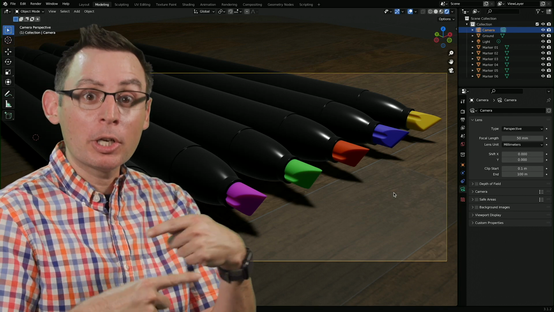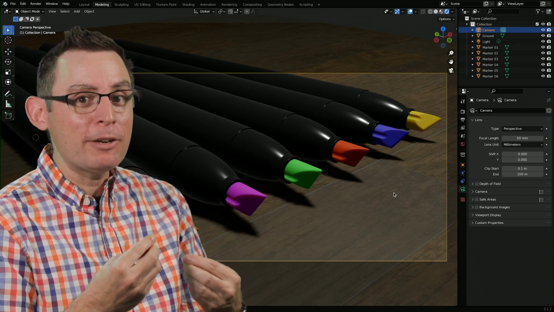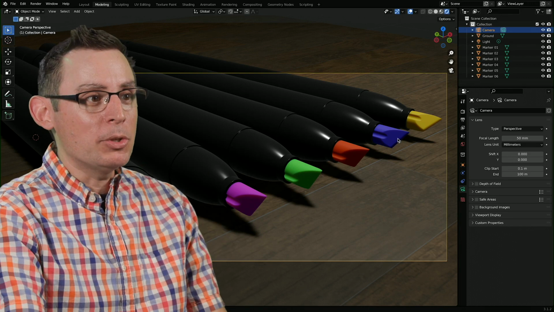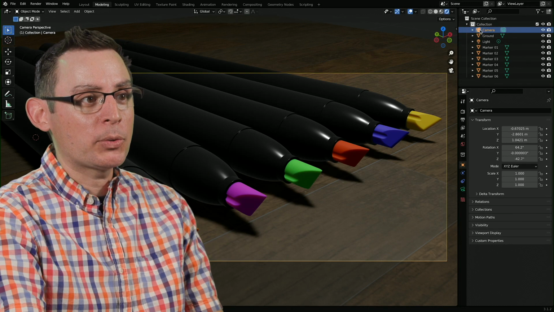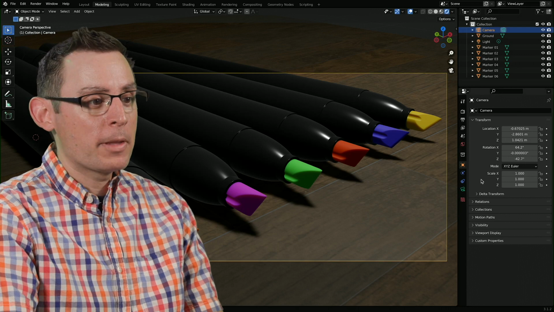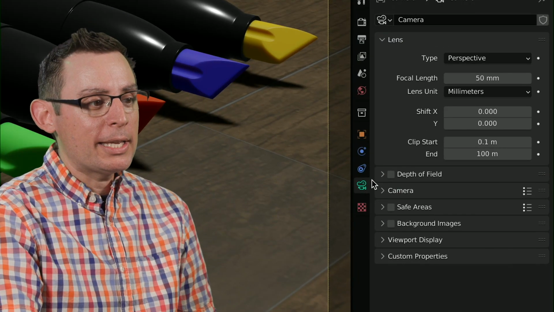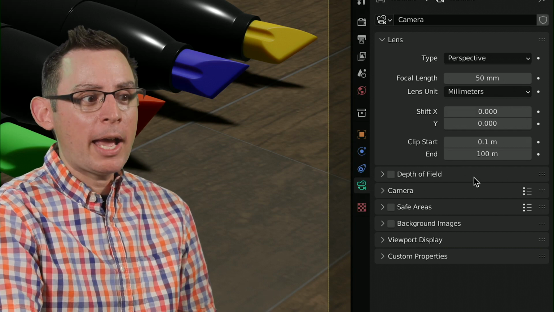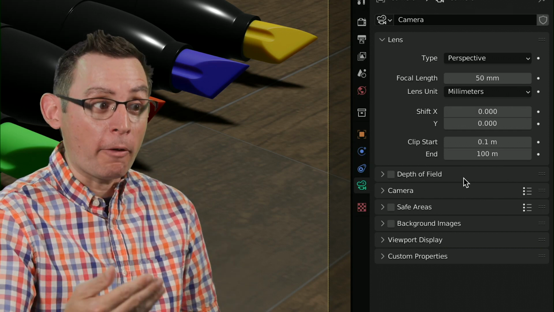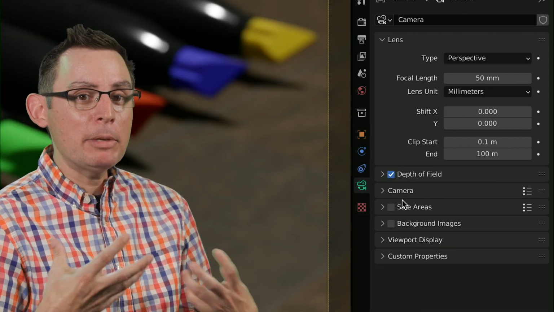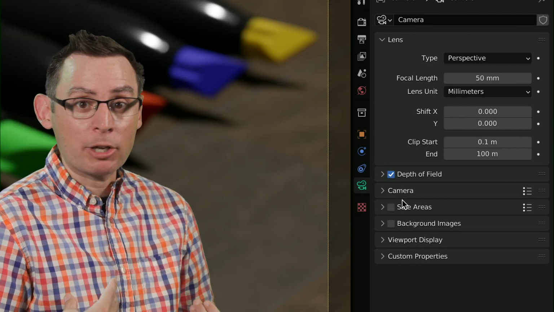So let's begin to turn it on and see the instant photographic effects that it's going to have on our environment. The way we do it is it happens at the camera level. So I've got my camera object selected, and I'm going to go down into my camera properties. What we're looking for is depth of field. Right now, the default is off. Check it out. When we turn it on, we're now beginning to simulate how a camera lens actually works.